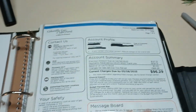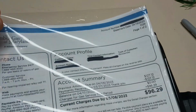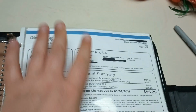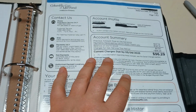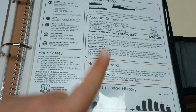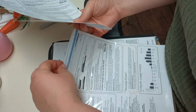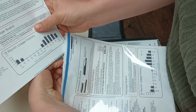All right, so this is how I section off our bills. I have these little clear protectant sleeves that I just keep a year's worth of bills in. And so I do it like this. What I do is I just go ahead and slide this one in the back, which is for this month of April,